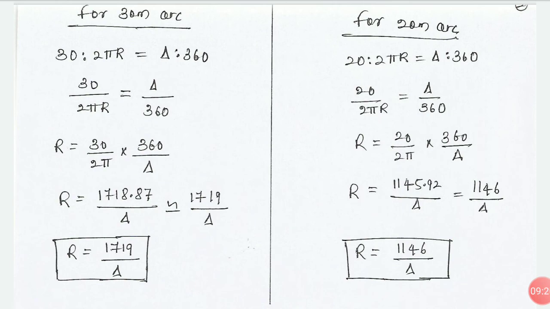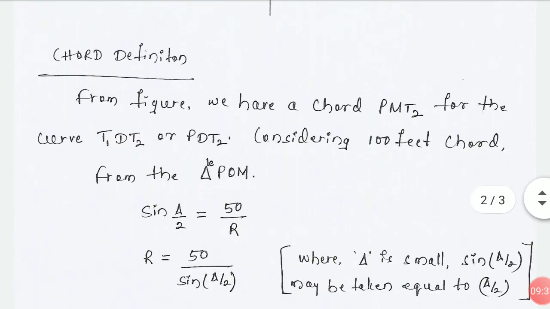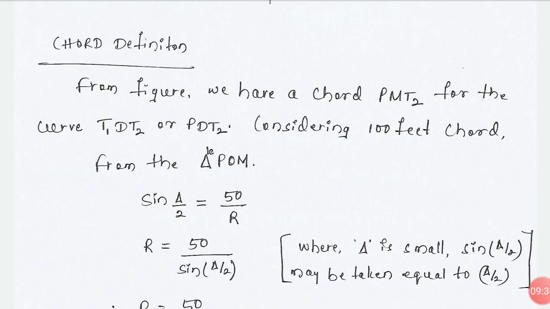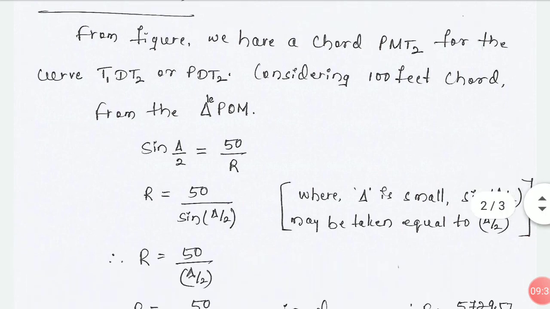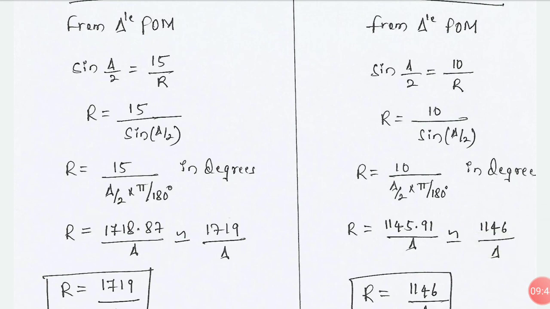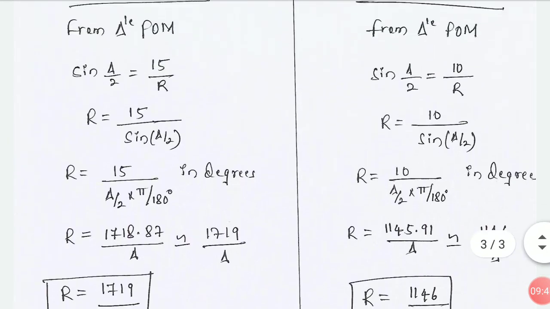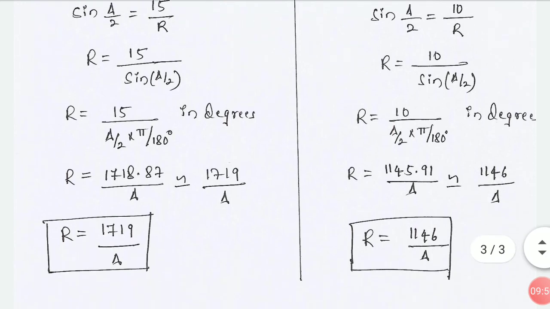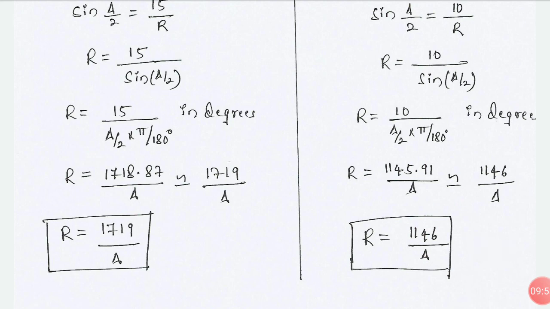So to establish a relation between radius and degree of the curve, any method can be used, either the arc method or the chord method. For standard intervals in feet, I can consider intervals at every 100 feet, or for metric intervals I can consider intervals of 30 meters or 20 meters, based on the availability of the tapes. So this is how I establish the relation between radius of the curve and degree of the curve using two types of definitions: one is the arc definition and one is the chord definition. Okay, thank you.